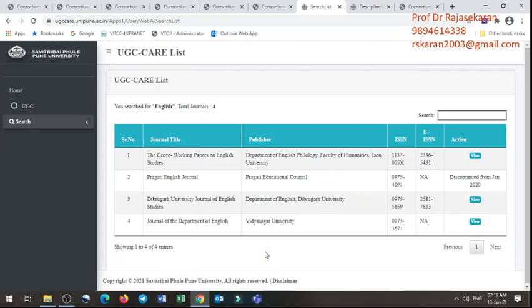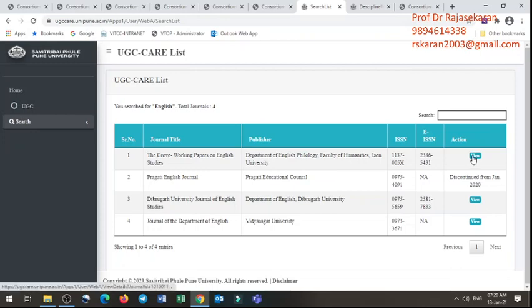There may be a multidisciplinary journal that may accept the English papers also. And here look at there, and very importantly, the second journal, Pragati English Journal, has been discontinued from Jan 2020. Even though it is in the list, but now it is discontinued. Why do they discontinue? When the particular journal doesn't maintain the standard, the quality of publication, then the UGC CARE may remove the journal. That's why they are updating once in 3 months. Every quarter, when they update, if the particular journal publishes lots and lots of papers, then absolutely they will be removed from the list. The same thing is applicable to the Scopus also. So, you have to be careful.